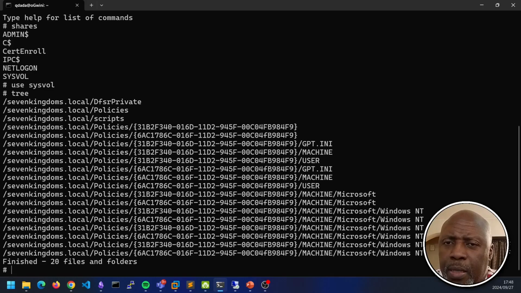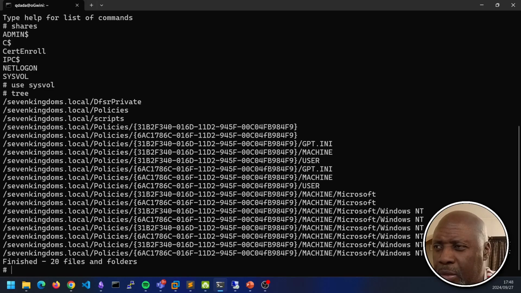I don't see anything particularly juicy here. Had I used SMBclient and not the Impacket one, I would need to walk all these folders manually. We all know we do not have access to DFSR private.